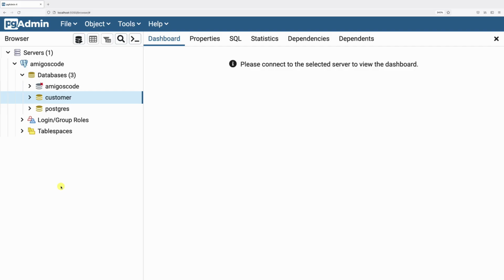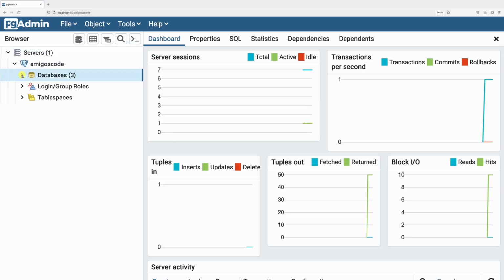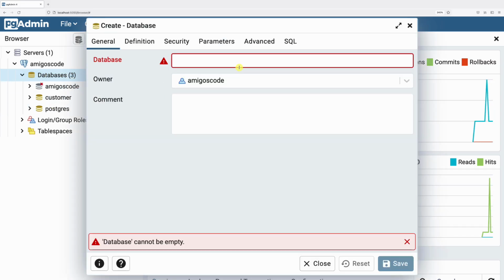In a typical microservice architecture, you want to have one database per microservice. Now, because I'm running out of resources and I'm using the Mac M1, if I have a bunch of containers for different database servers or instances, then I'm going to run out of space very soon. So within our main server, so Amigoscode, let's have yet another database inside. So we have customer. So let's also create the fraud